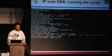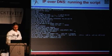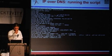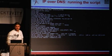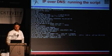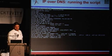This is an application example. You start the script, we have a fake domain, which is a functioning server. The 208.67.222.222 is an open DNS server that was accessible from the network from which I was conducting this test. So this was the local caching DNS of that network. And what we see here